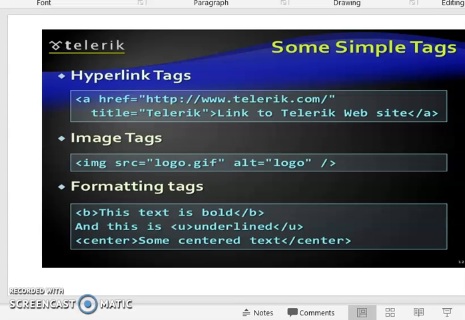Next is the hyperlink tag. What is a hyperlink? A hyperlink is a link on some pages that, when we click on it, takes us to another page.